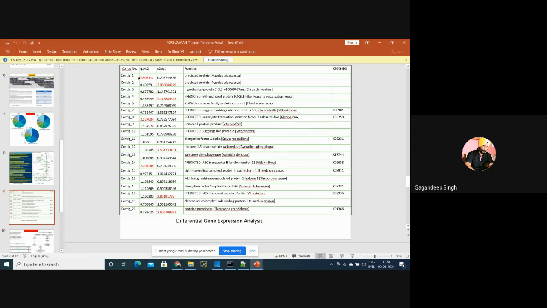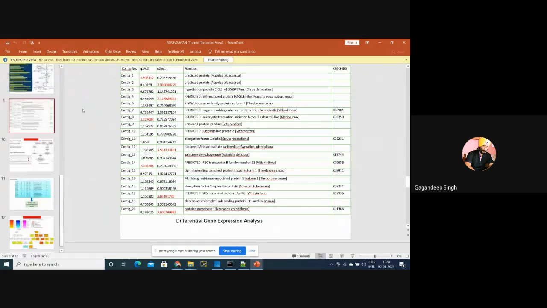And these I have highlighted in red, meaning this is over-expressing in one particular condition. Meaning contig 1 or transcript 1, and the values 1 by 2 or 2 by 1. This is just in the form of values, and for visualization we'll go for a heat map. After identification of these contigs, we can also propose what kind of markers are present in this particular gene,